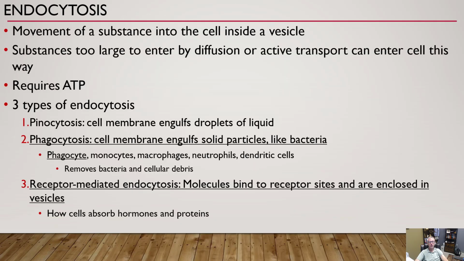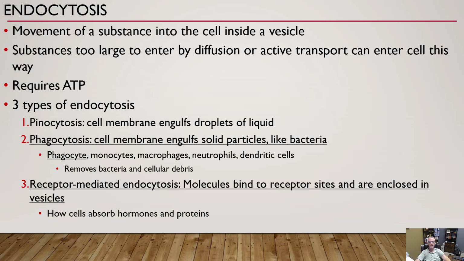All right, endocytosis. It's an active process. This is how we get things inside the cell. We have 3 different types of, basically these are for substances that are too large to enter the cell by diffusion or active transport. The cell kind of has to engulf these